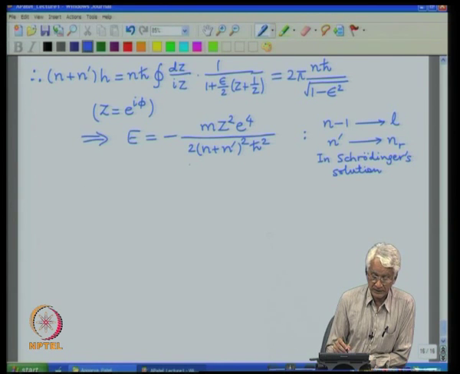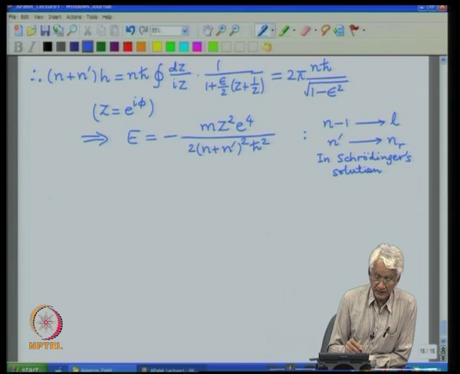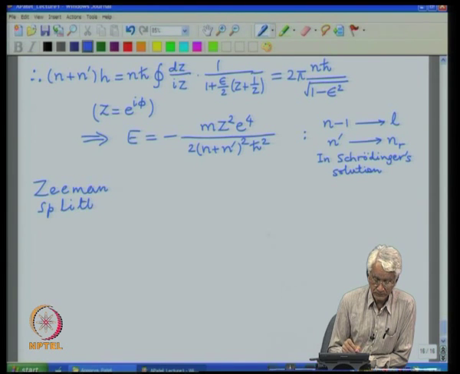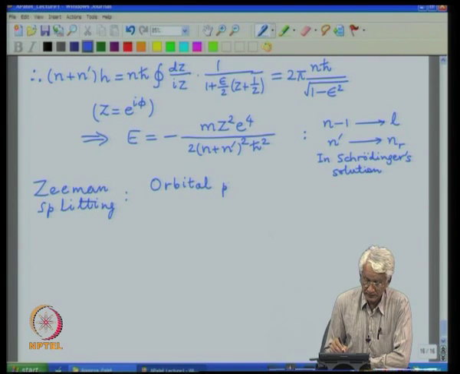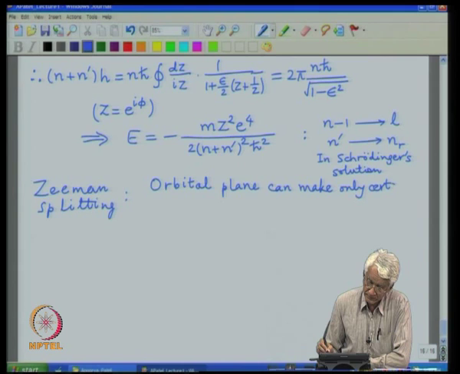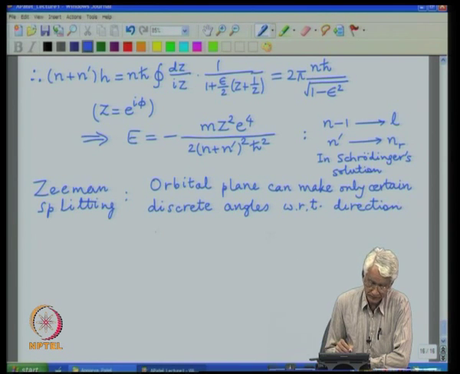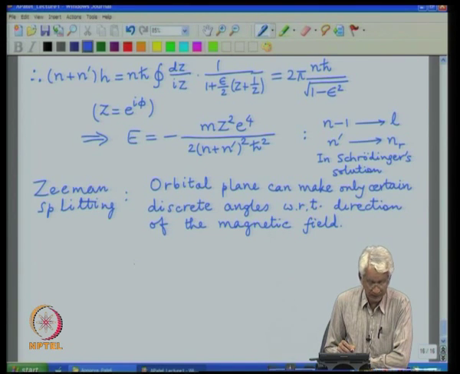Sommerfeld himself explained the quantization of orbital angular momentum by going one step further, and that is to explain the Zeeman splitting of the energy levels, that the orbital plane can make only certain discrete angles with respect to the direction of the magnetic field, and this for instance